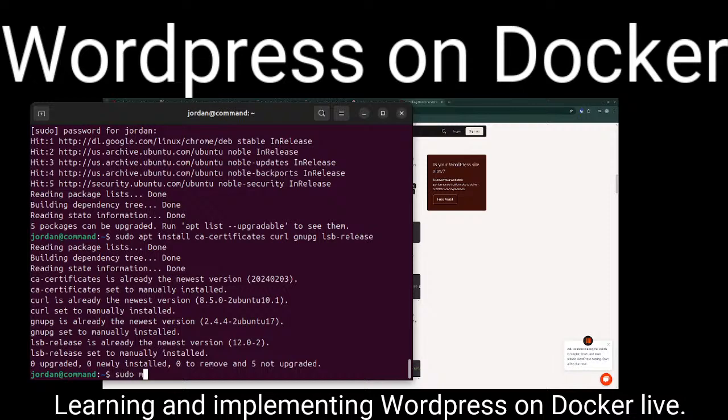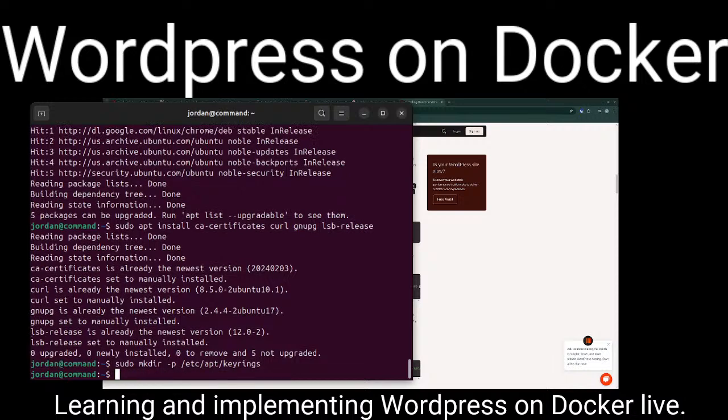And then sudo mkdir, the directory. Let's see, apt keyrings. Okay. And then